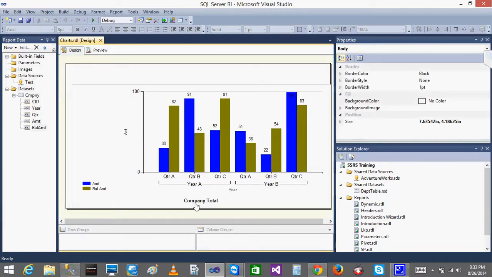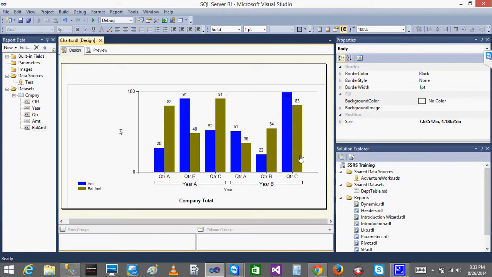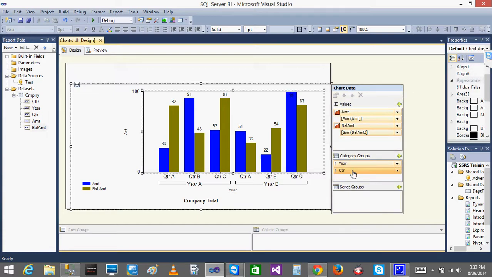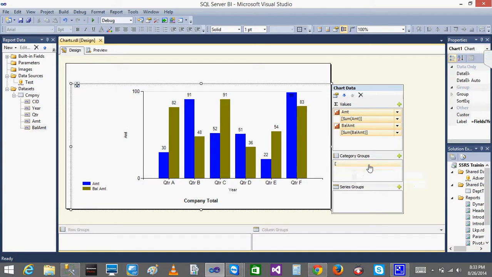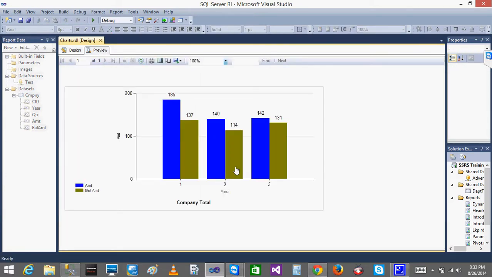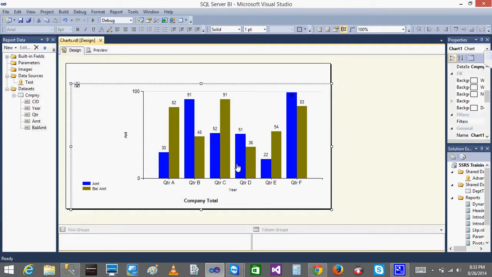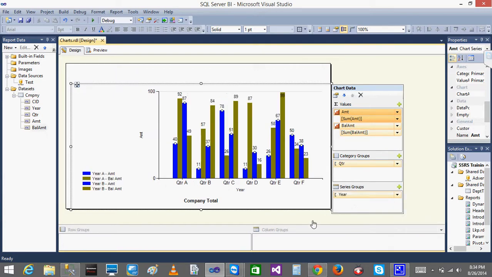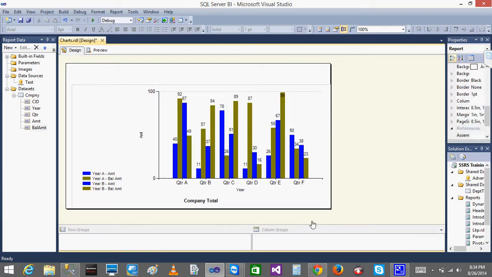And now one more thing, what is a series? You don't know about the series? Okay, we discussed about the series, but we didn't discuss it in detail, right? So what I am going to do is remove the year from this, delete category group. I'll just delete it. When I go here, I can see all the things are 1, 2, 3, done. Now what I want, I'll just select this. In the series, I'll add the year. See, in the series, I have added the year.